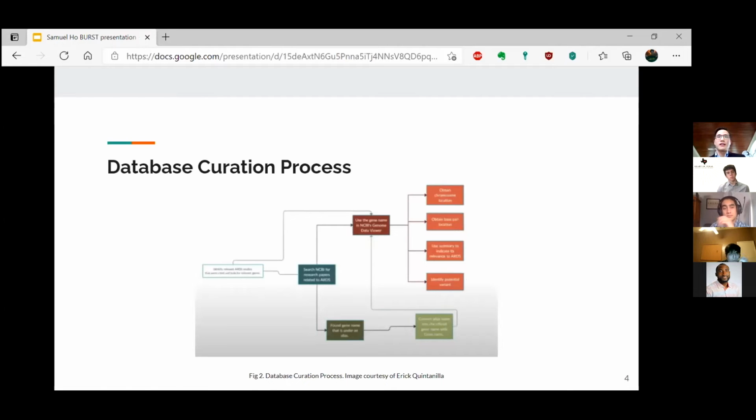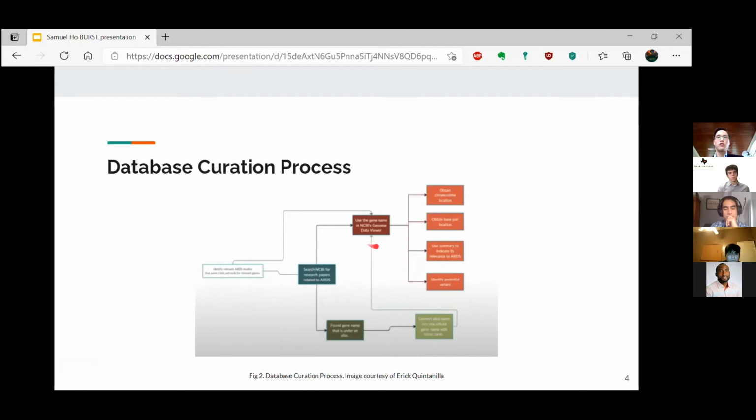So here is a general workflow of our database curation process. First, starting with these 2 steps on the left, we sought to search NCBI and PubMed for research papers related to ARDS. Based on our process, we hoped to first start with the review papers that were more broad, and then from there move to this step in the white box, namely to see the cited papers to find more specific experimental studies that could provide additional information to the genes.